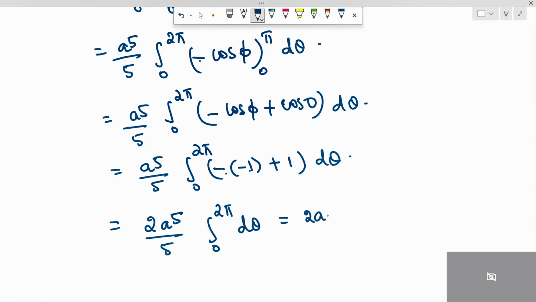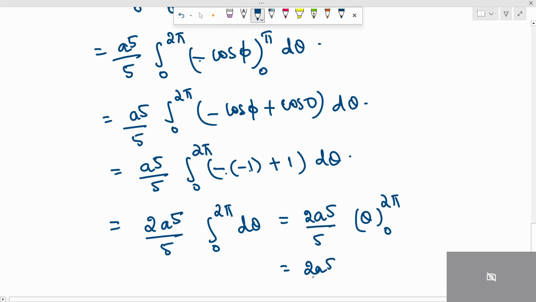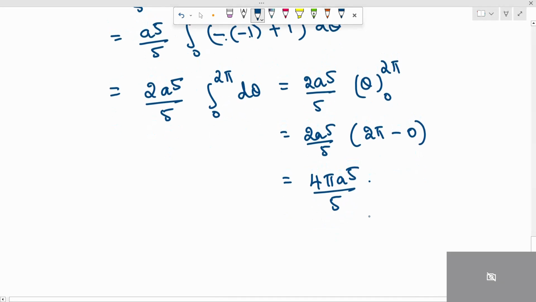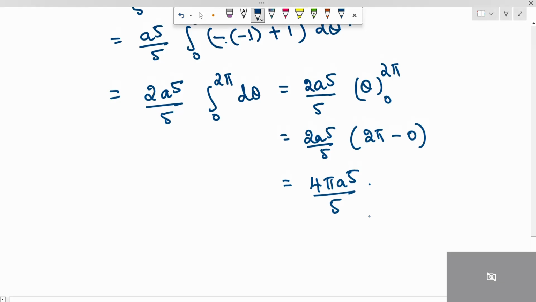Now integrate with respect to theta with the limit 0 to 2 pi. 2a power 5 by 5 into, apply the upper limit value 2 pi in theta minus the lower limit value 0. Therefore the answer is, 2 twos are 4, 4 pi a power 5 by 5, which is the correct answer. Next problem,